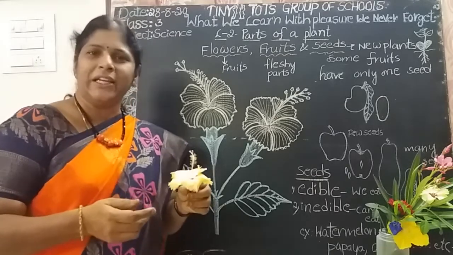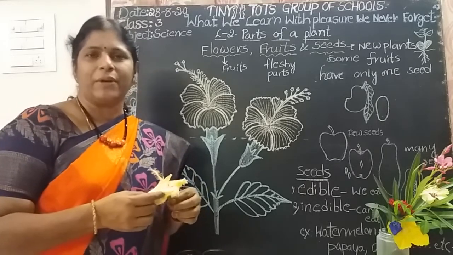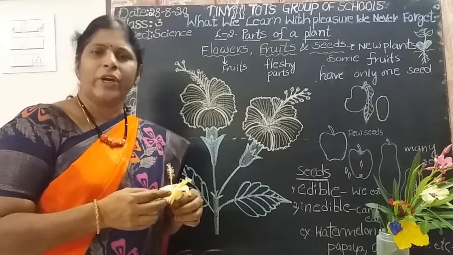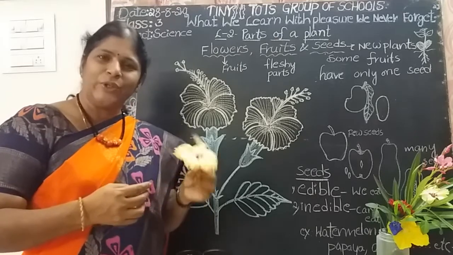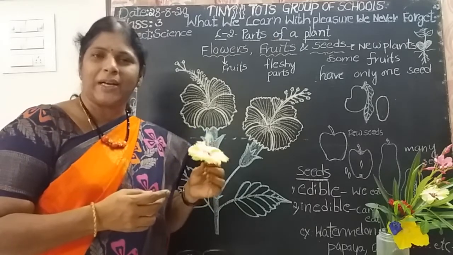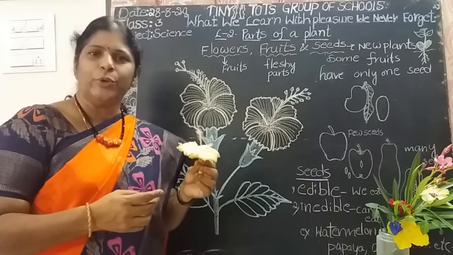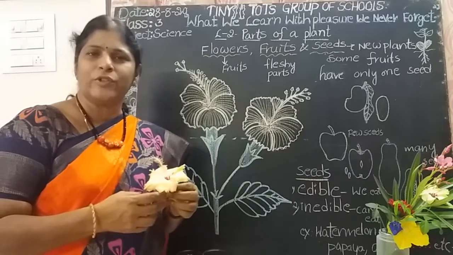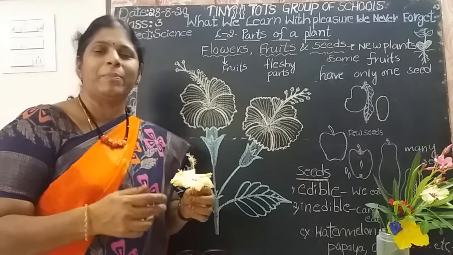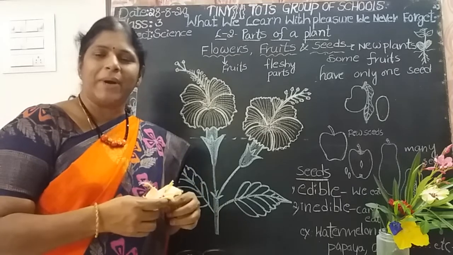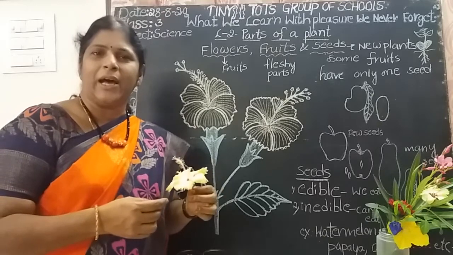Who collects the honey from the flowers? Insects only, but not all insects. Bees, butterflies, honeybees: some insects collect honey from the flowers. So what are the uses of flowers? It is the reproductive part of a plant, and flowers give beauty to our surroundings. We use a lot of flowers for decoration of our houses during functions, festivals and marriages. Flowers are also a source of food for insects like honeybees and butterflies, and also a source of medicines.